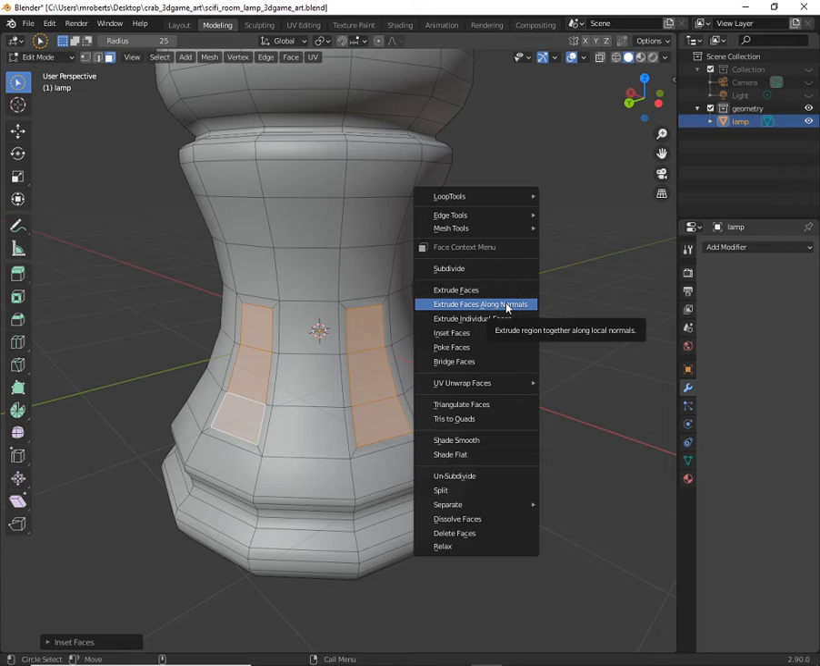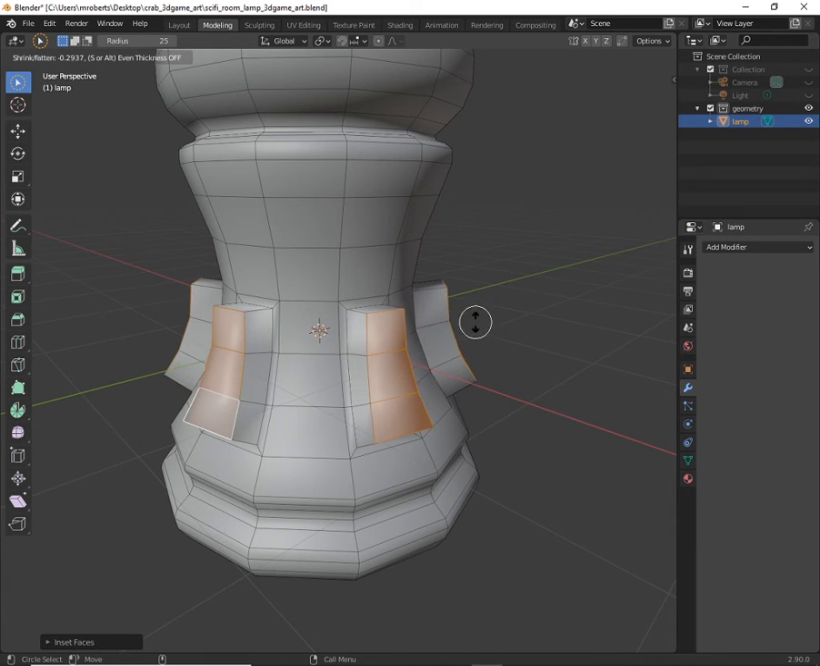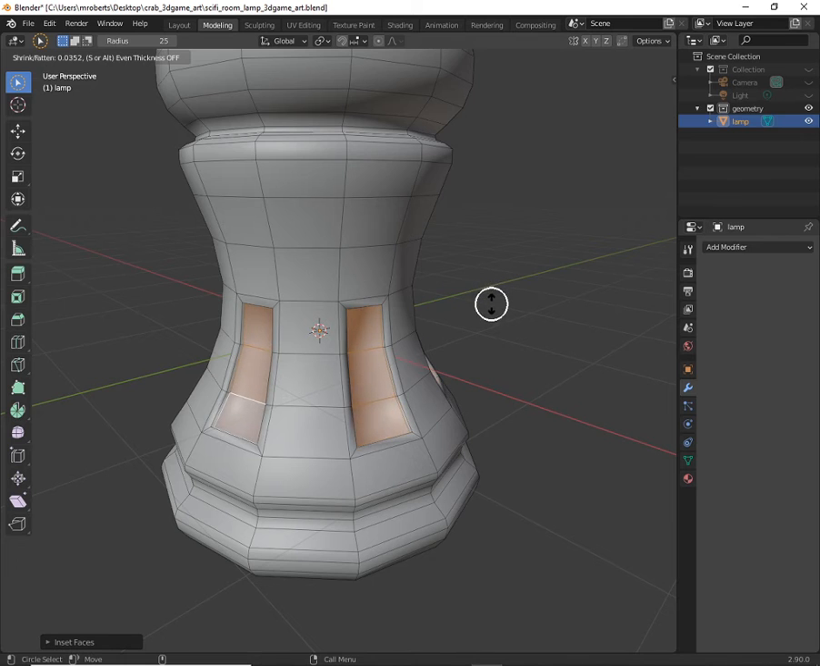So I'm taking advantage of that right click. That right click goes into face context menu, right? And that's where your inset is. But also extrude faces along normals, right? So you don't always have to do the regular extrude faces we've used, but you can do extrude faces along normals. What that does, when I click on that, you see how we kind of move our cursors in or out? And you'll notice what it